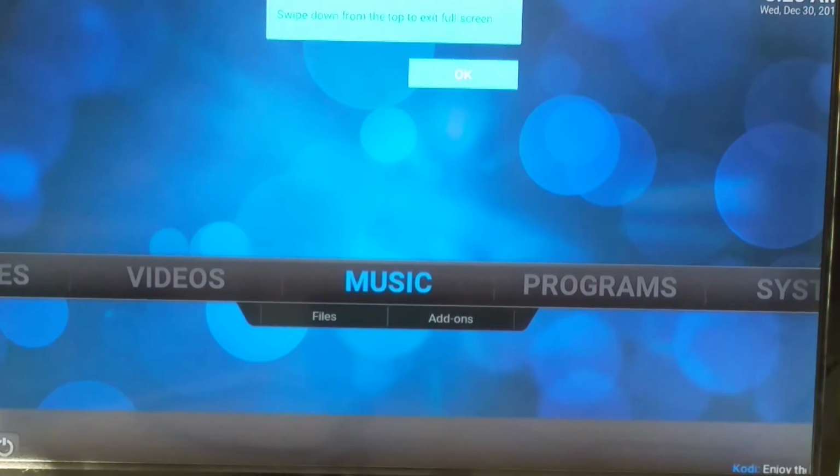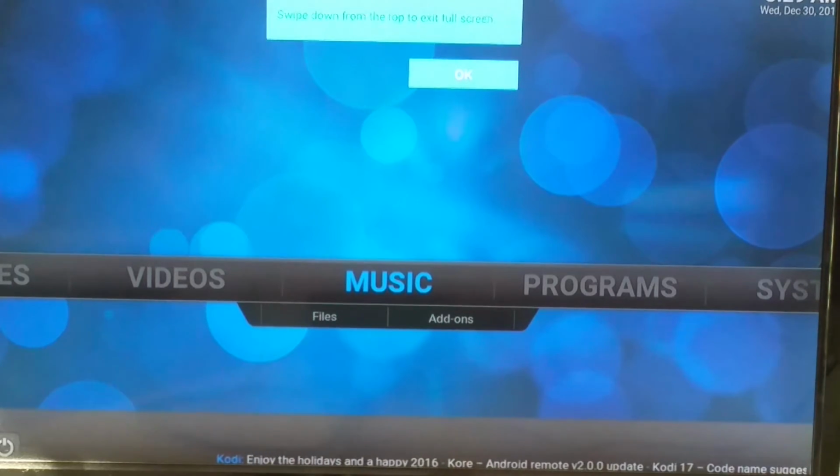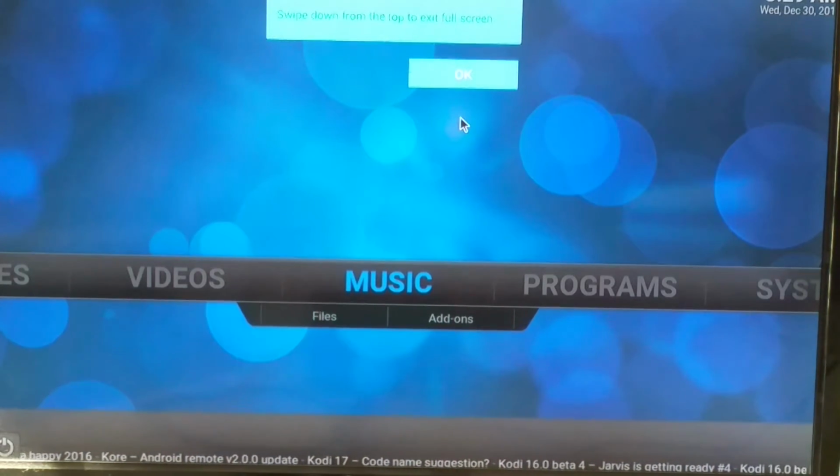Okay, now we're inside Kodi, and this is the screen that we're going to be working in to get our box completely set up. One thing that happened was we had a pop-up come up here,